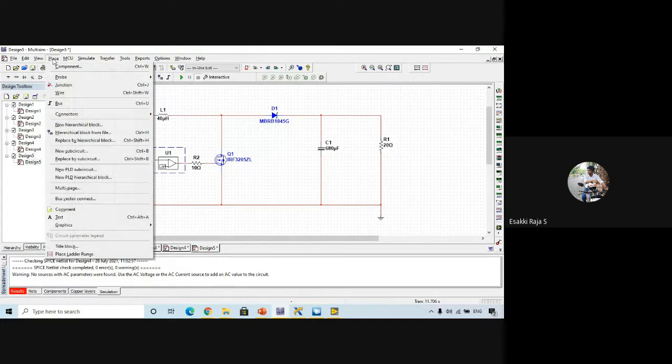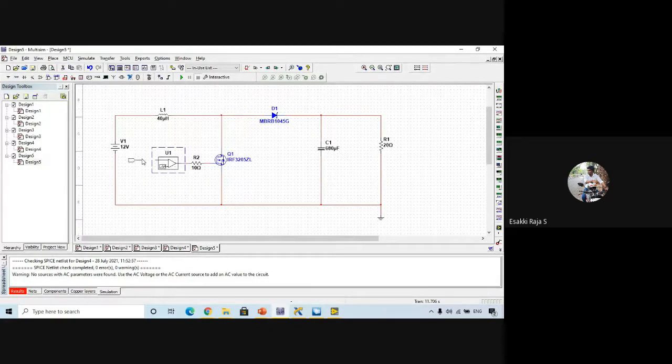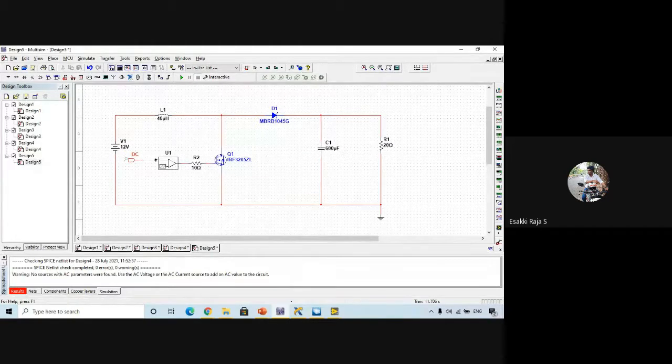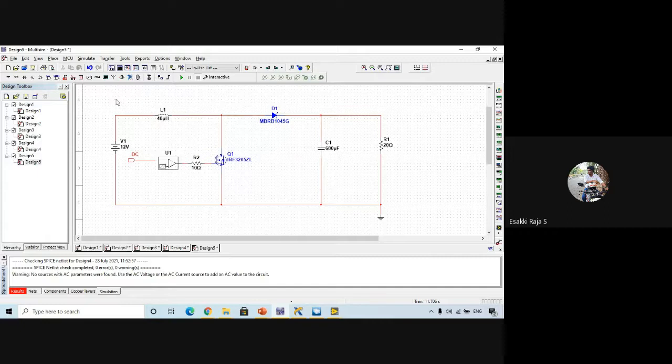So I can go to place connectors and take an input connector and place it over here. This name I can give as DC, which means duty cycle, and I can directly connect it. Now in LabVIEW I want to measure the input voltage and output voltage, so I take output connectors.